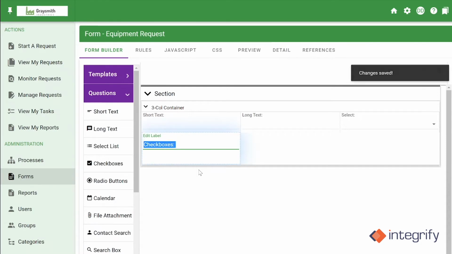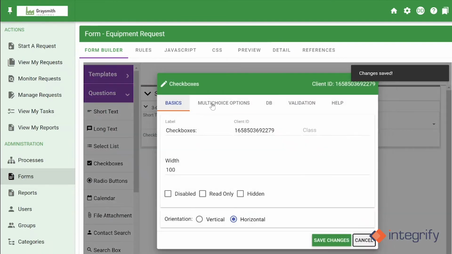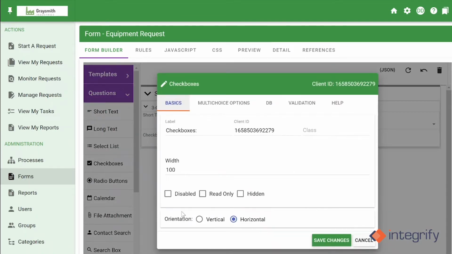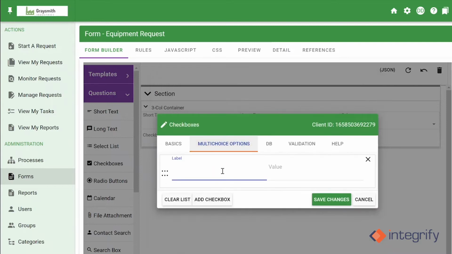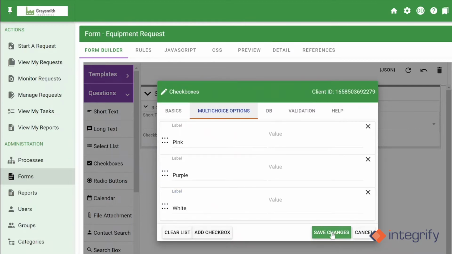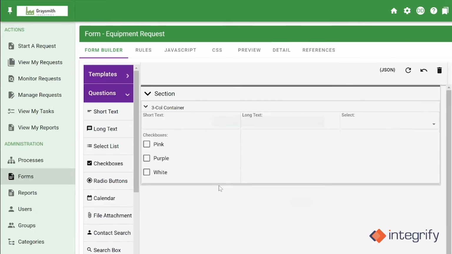The way that you edit checkboxes is very similar to the way that you would edit a select list. In the pencil icon and multi-choice option, that's where you're going to add the different checkboxes. There's also another option here where you can make them vertical or horizontal. So the way that the checkboxes are listed, I will show you. We'll add a couple options here. See here they're vertical, and if you go into the pencil icon and change it to horizontal, they're going